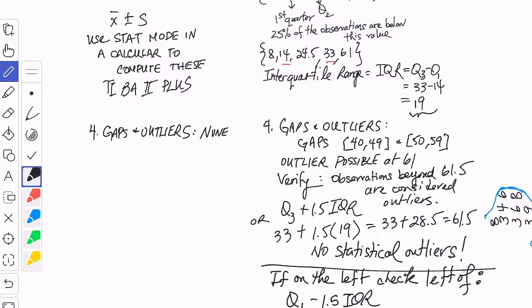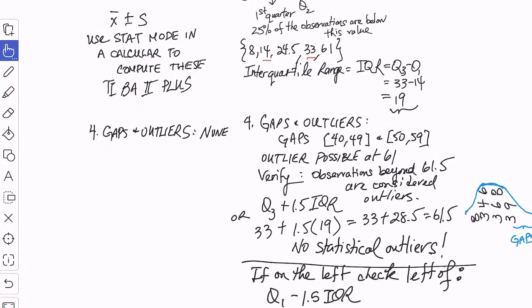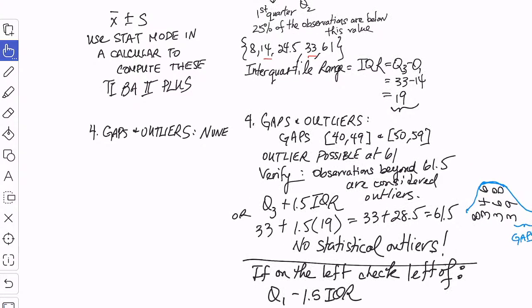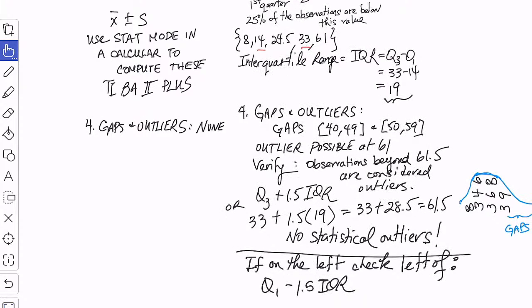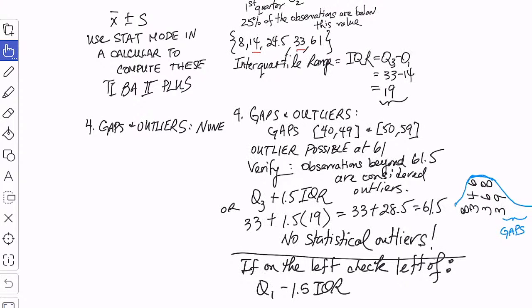So you would check the left of this calculation. So I said, in the videos that you'll watch, you'll see this explained more in detail. So what did we find? Even though we found that we have that extreme value, it turns out that in statistical terms, it's just on the fringes of being a statistical outlier. It's still strange and worthy of investigation in my opinion, okay? And you would have to see if there was any